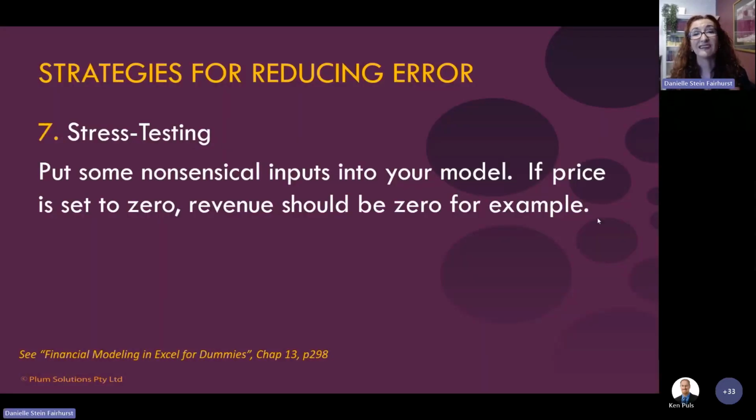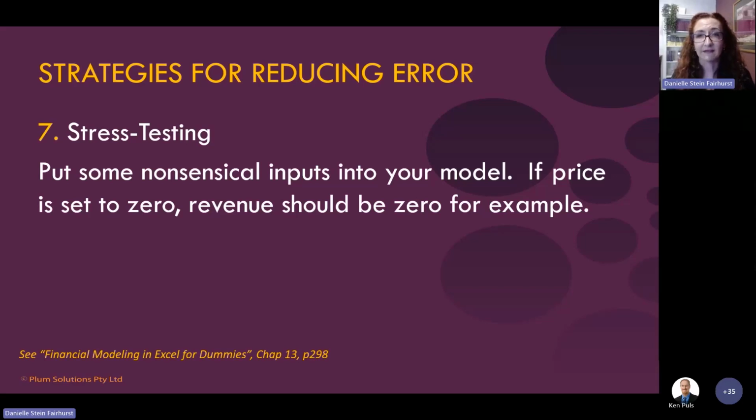And stress testing, so things like putting in some nonsense. For example, if you put in that your price is 0, obviously your model's never going to have price as 0, your entire revenue would be 0. So that's testing the technical workings of the model.